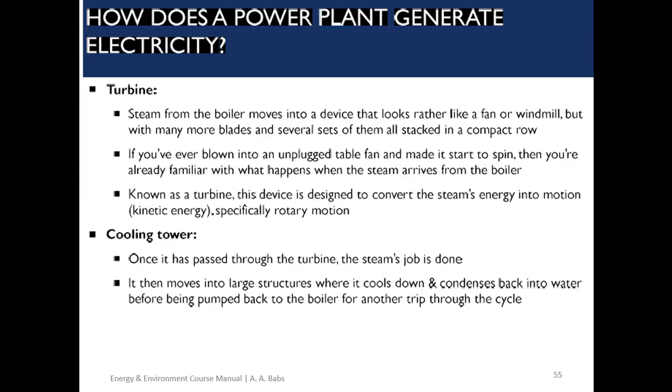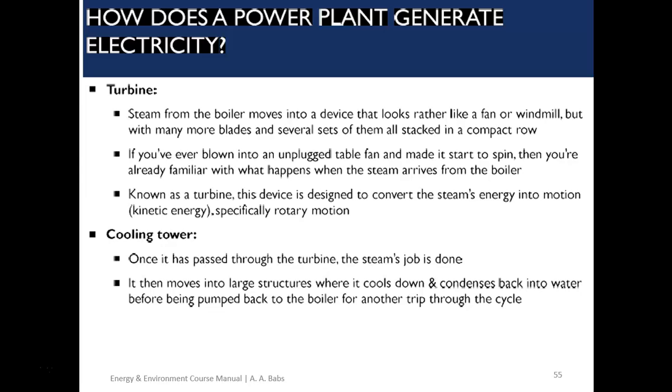So in many cases, water is boiled and converted into hot pressurized steam, the steam turns the turbine, and once the turbine turns and operates effectively, the steam's job is done. The steam is then passed through a condenser. The condenser condenses the steam back to water, and then the water is passed back again into the furnace or boiler. So one way or another, the cycle continues. So there's what we call a steam cycle